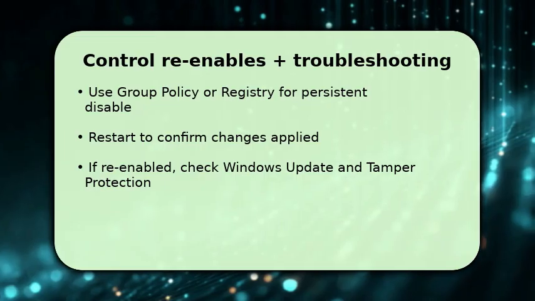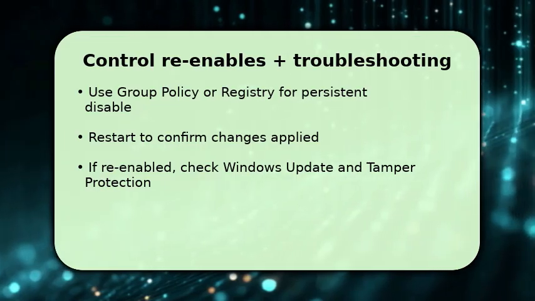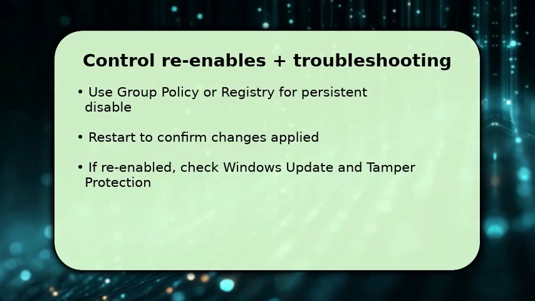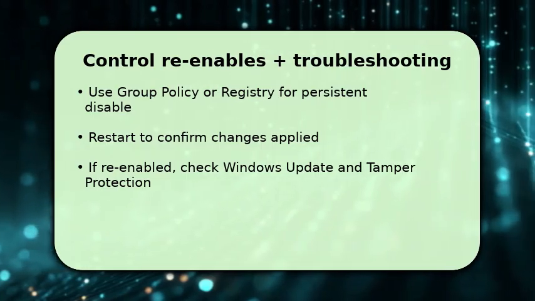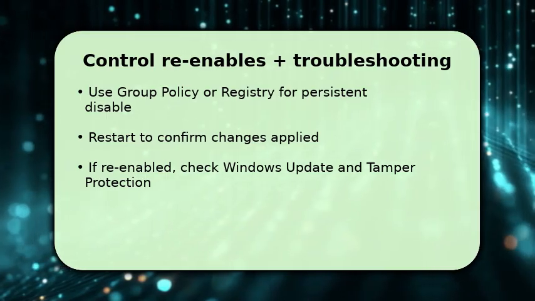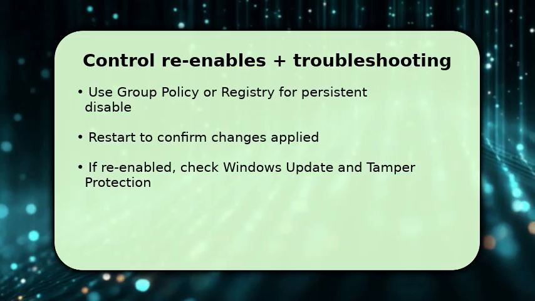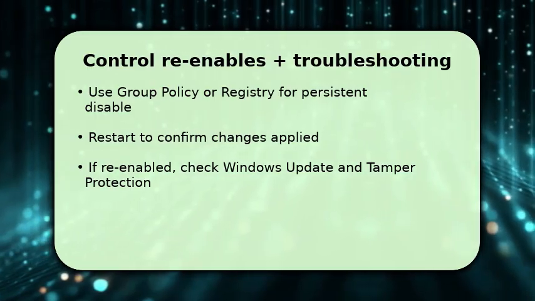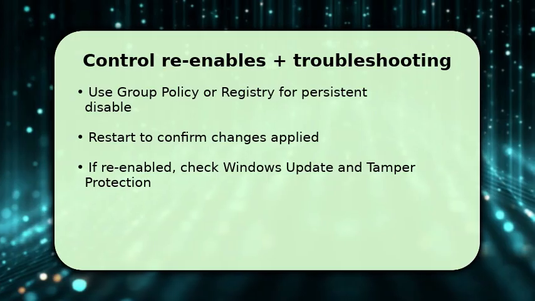After applying settings, restart your PC to confirm Defender stays off. If it gets re-enabled, check Tamper Protection in Windows Security and disable it first. Also review recent Windows updates that can reset preferences. If problems continue, restore your system or re-enable Defender and run troubleshooting. This keeps you safe while resolving